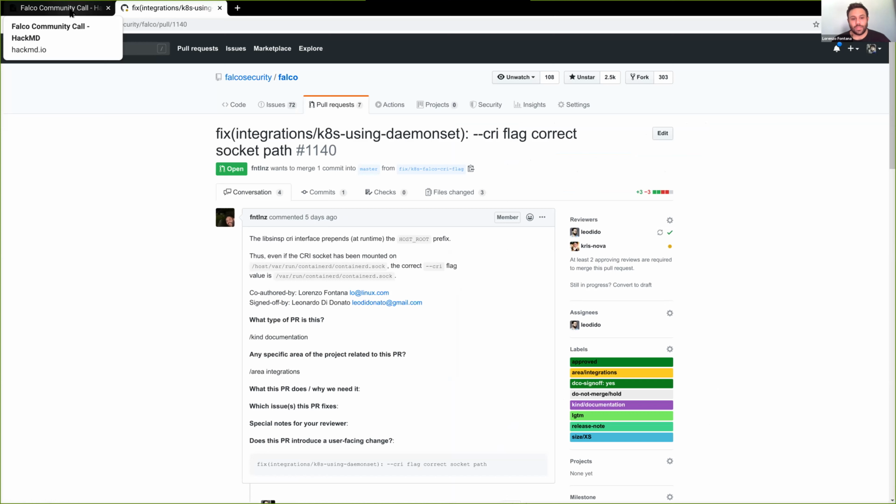This was causing the problem for some users, because they were sharing, for example, /var/run/containerd.sock, and they were using /host/var/run/containerd.sock to launch Falco with the cri parameter. But then Falco was prepending it itself internally in the code. So the result became /host/host/var/run/containerd.sock instead of just /host/var/run/containerd.sock, which is kind of stupid, but fixing the documentation is better than changing it for everyone else that is using it in the right way.